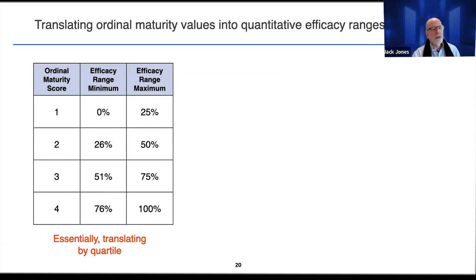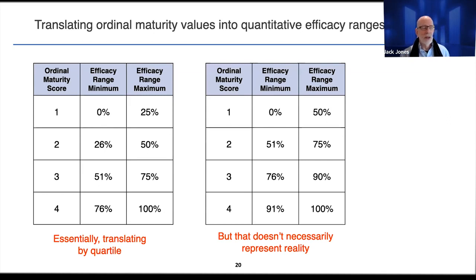But I would argue that, let's say, something has been scored a 2, which says here that it's working less than half the time, right? I would argue that, at least when I see organizations scoring things as 2, those things are not working less than half the time. They're working more than half the time, but certainly not optimally, right? So the sort of simplistic approach to breaking this up into quartiles or quintiles or that sort of thing really doesn't reflect reality. I would argue something like this would be closer.